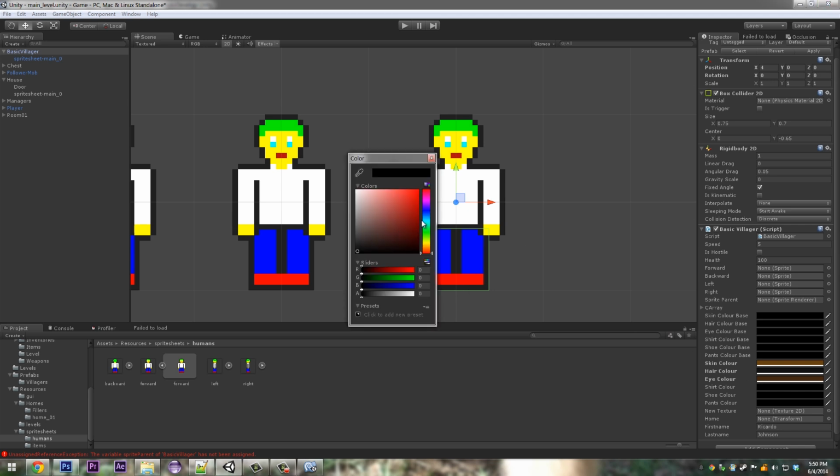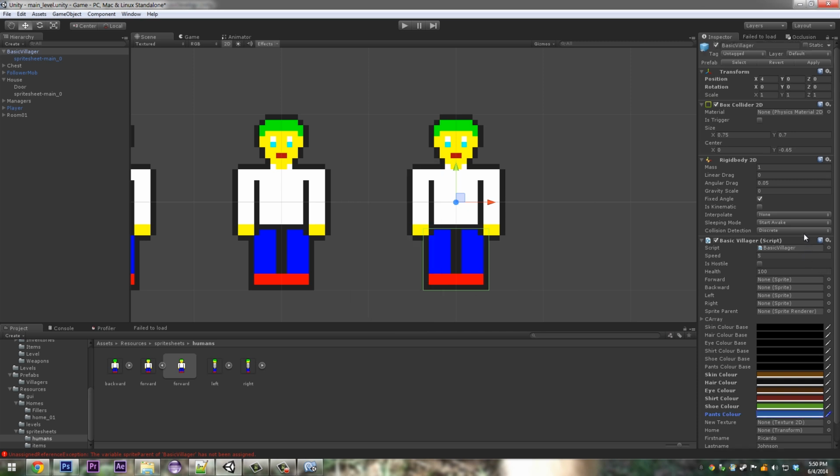For our shirt color, let's give him a nice color looking shirt. For our shoe color, let's give him some green shoes, because why not? And for his pants color, let's give him some jeans, so like that. And up here, if you just click apply,